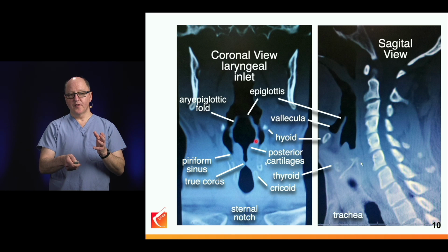We go from the false vocal cords, posterior cartilages here, down to the true cords down there, and here's the trachea. We have the cricoid down below and the thyroid above. So here's the correlation of the thyroid, and here's the cricoid down low. Here's the vallecula here, and the epiglottis tip. And just to show you,